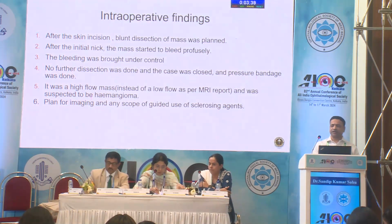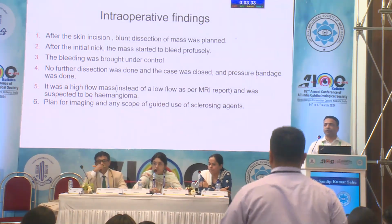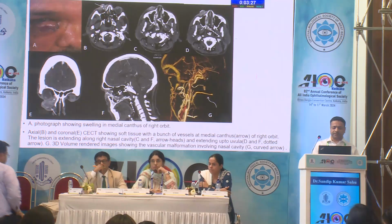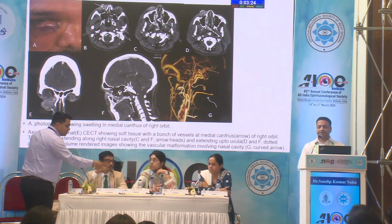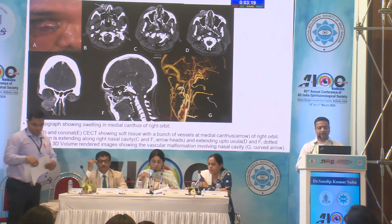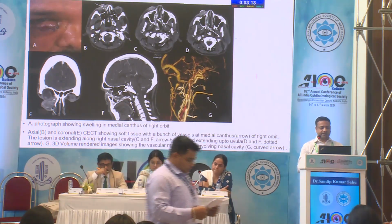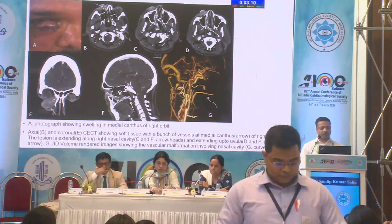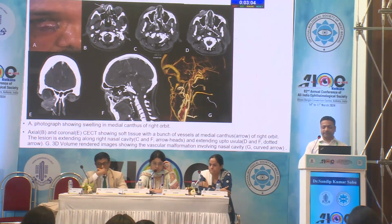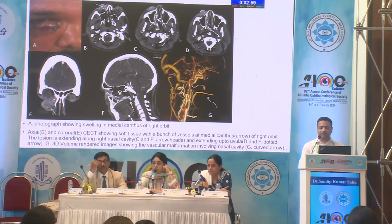So we controlled the bleeding, stopped the dissection, and planned for evaluation with imaging and any scope for guided use of sclerosing agents. The CT showed soft tissue with a bunch of vessels at the medial canthus of the right orbit. The lesion was extending along the right nasal cavity up to the uvula. The 3D multiphasic images of CT angiography showed a vascular malformation involving the nasal cavity. We thought the sclerosing agent would be washed out, and we sought an